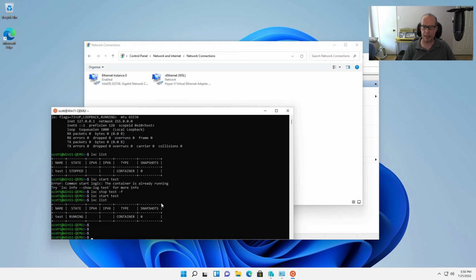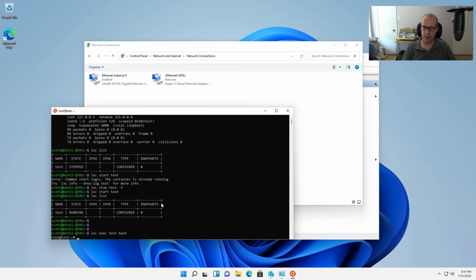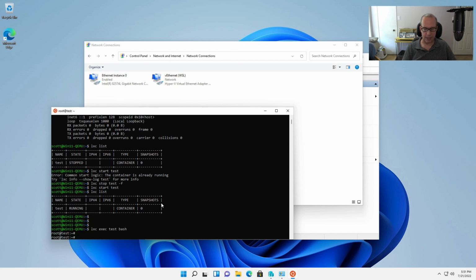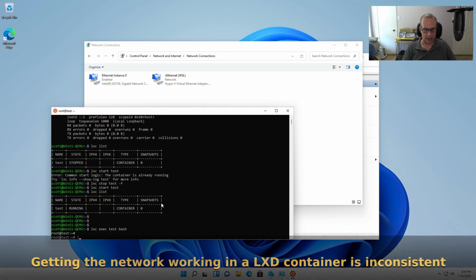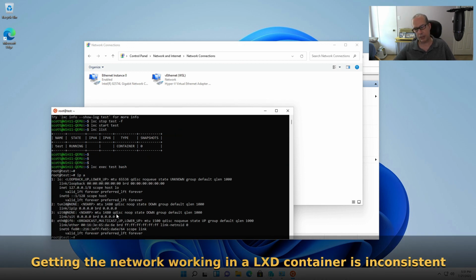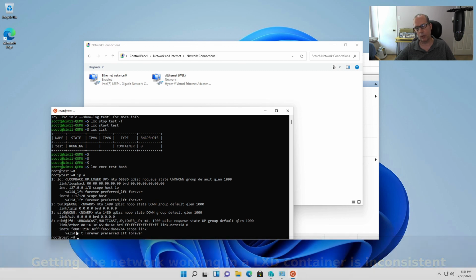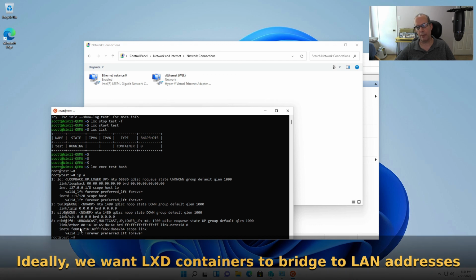But anyway, at this point in time, I can certainly do an lxc exec test bash, and we're in there, and I can certainly do an ip a, and as you can see, this instance here has an eth0 device, and it gives the MAC address, and it gives a local IPv6 address, but there's no IPv4 address being granted to this thing, and it's primarily because of the fact that I wasn't able to create